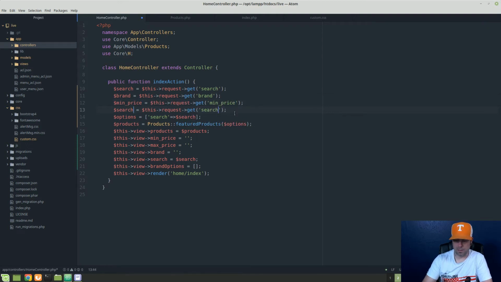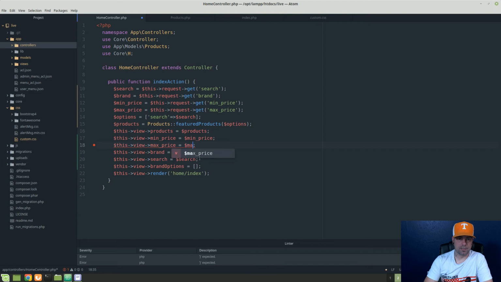And this one will be max price. And we can get rid of all of these empty strings now, and we could say max price, and then here